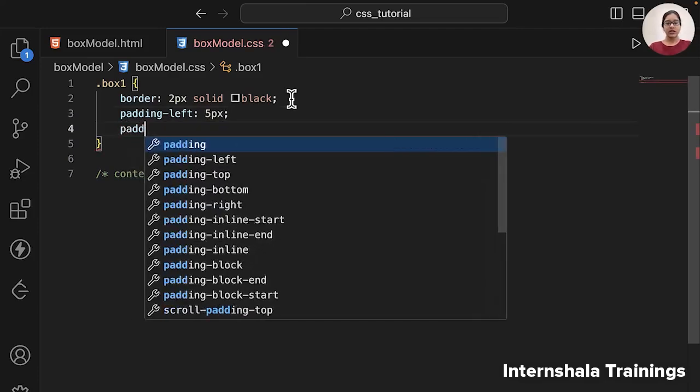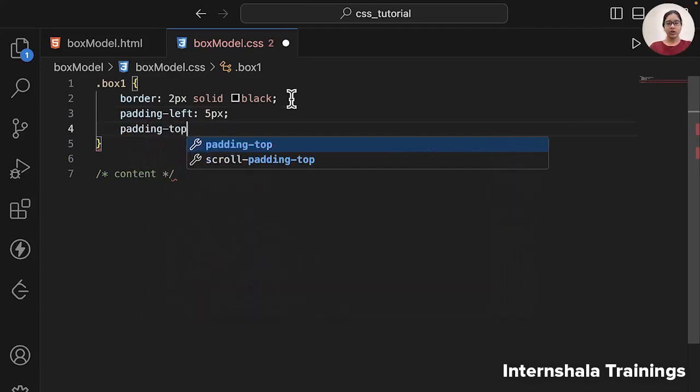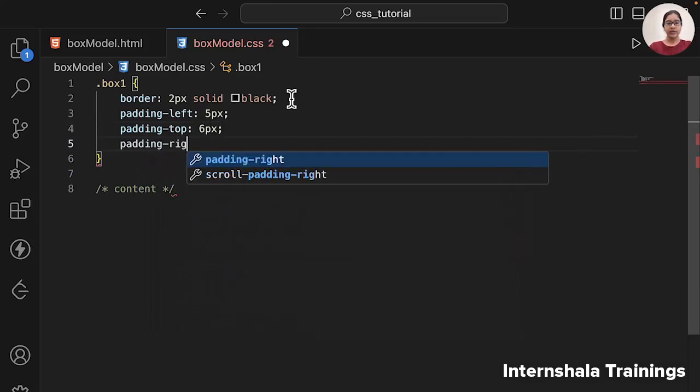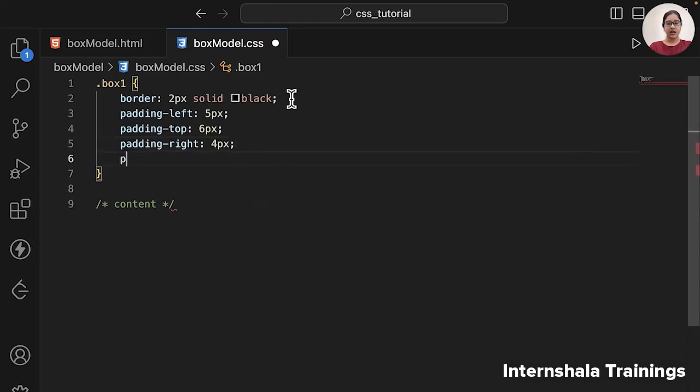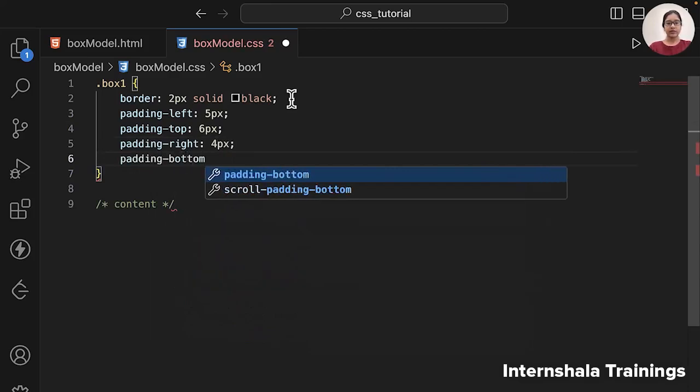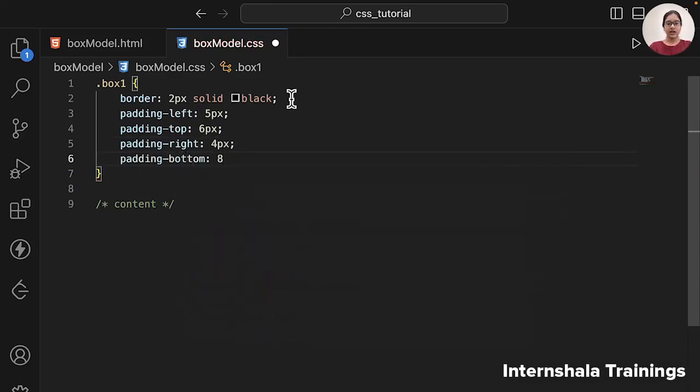Then padding on top, let's say 6 pixels. Then a padding on the right-hand side, again let's say 4 pixels, and a padding on the bottom, let's say 8 pixels. So we have added padding on all 4 sides of this box.